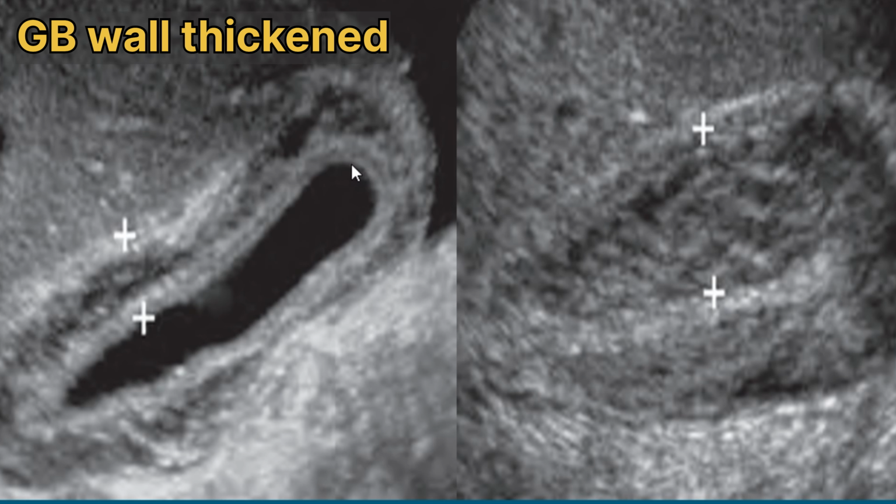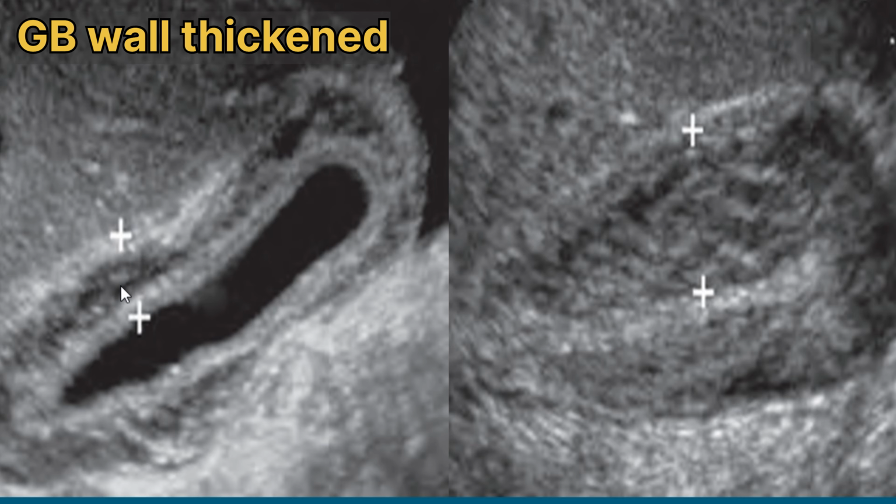Now this is a sonogram of gallbladder wall thickening in a patient. This is the longitudinal view of the gallbladder. This is the gallbladder lumen, and here it shows a diffuse thickening of the gallbladder wall. This gallbladder wall thickening is secondary to congestive heart failure, and this is another sonogram showing the longitudinal view of the gallbladder, which also shows diffuse thickening of the gallbladder wall that is secondary to